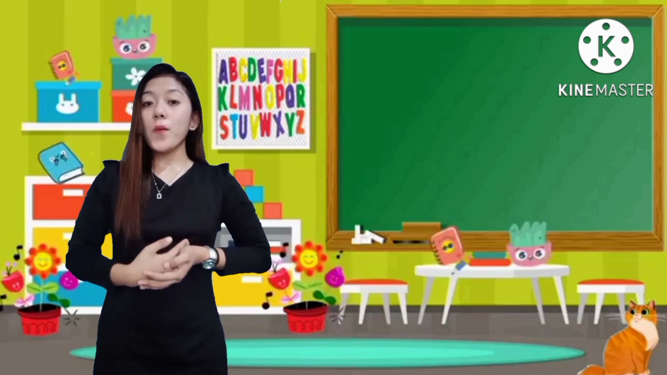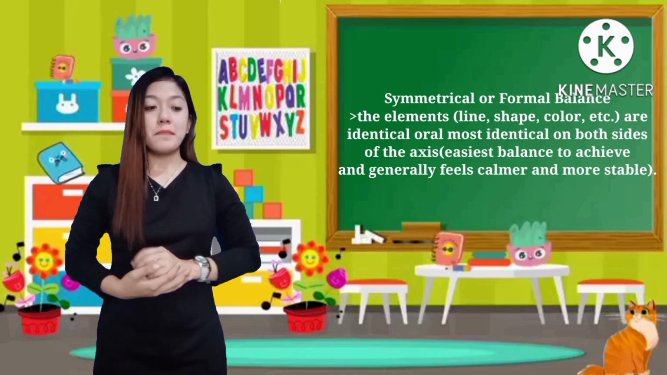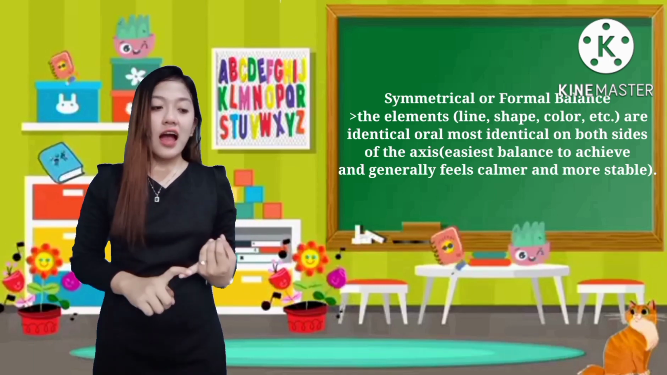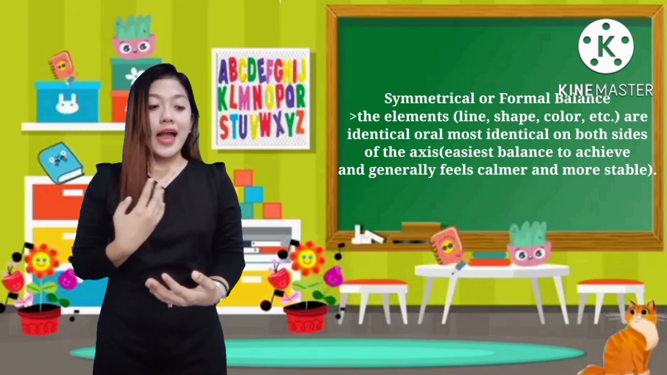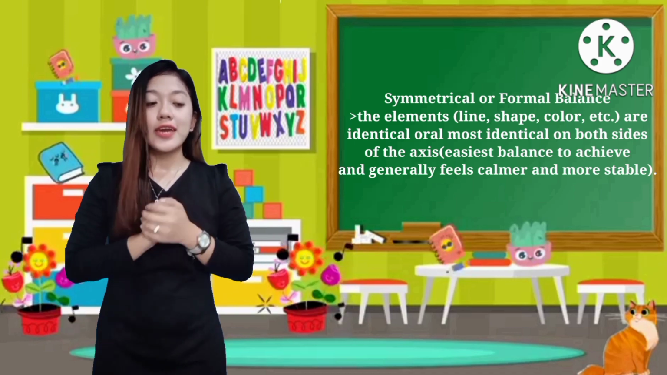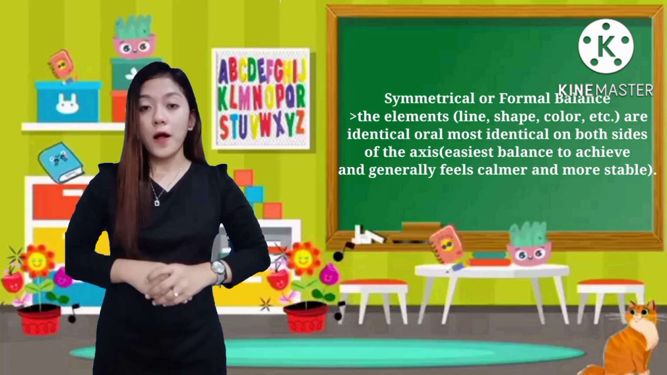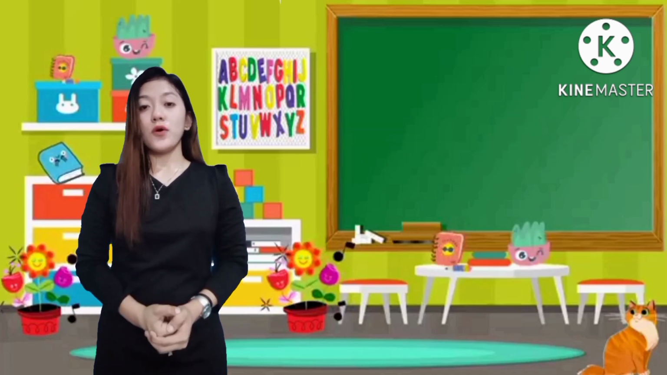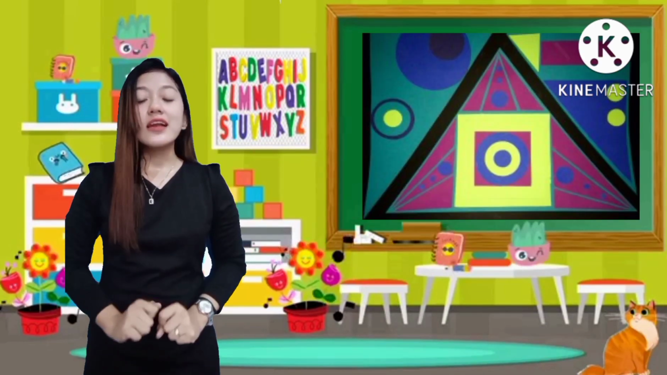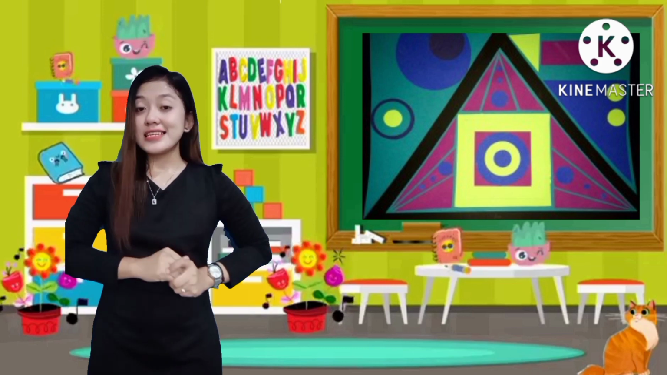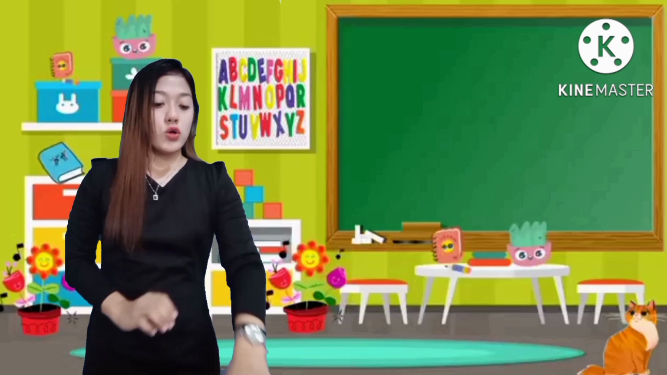Now, class, let's go to our next topic, which is the symmetrical or formal balance. The elements like line, color, etc. are identical or almost identical on both sides of the axis. It is the easiest balance to achieve and generally feels calmer and more stable. I will show you pictures here as an example of symmetrical or formal balance. Is it understood? Yes, po, teacher. Very good. So now, let's go to